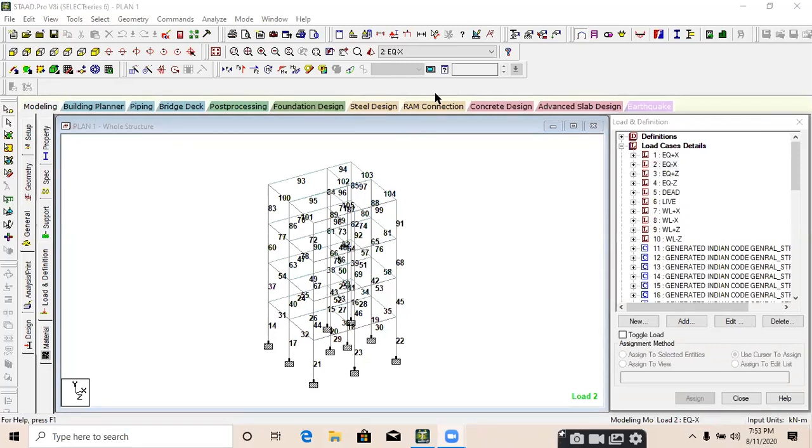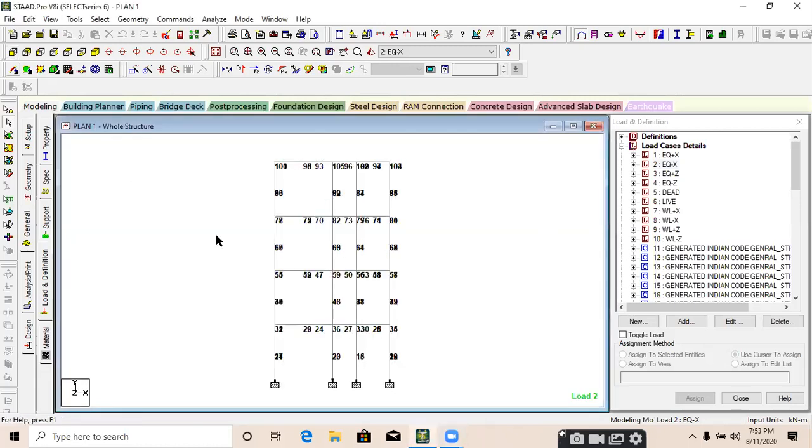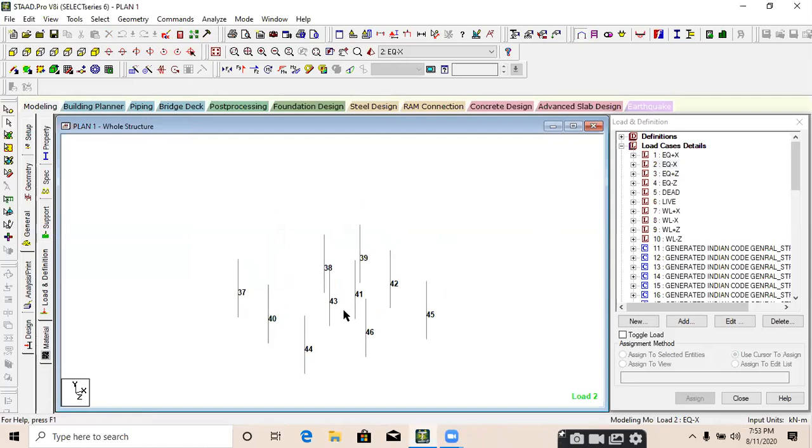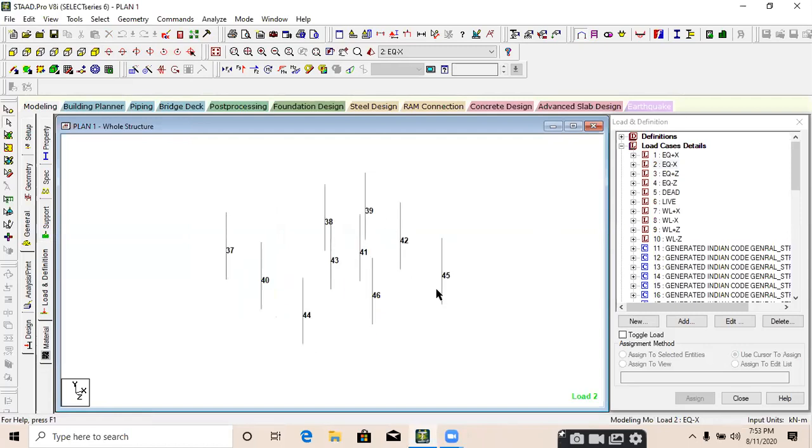Any doubt from any other member? Just go and read in the table, select that particular floor, view selected object only, and read the data for that column. It is similar. Sometimes it will change, but most of the time you will get similar data. If there is a first, second, third floor, you will get similar data.